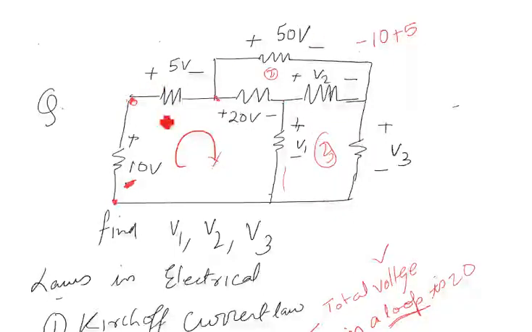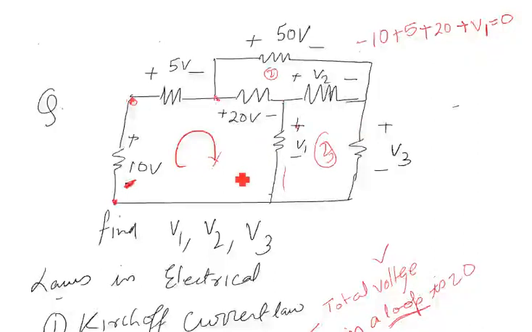Then this resistance is coming in this loop. The first sign is plus 20. Then, coming this side, the first sign is plus V1, and you are completing a loop, right? So that sum will be equal to 0. So this is V1, sorry, you can take out the V1 value.